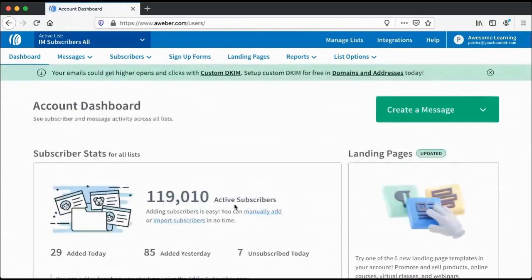Like this is 119,000 active email subscribers. So they are all receiving emails every day. Some of them are in different lists. Some receive emails today, some receive emails tomorrow, and so on. Again, just for the sake of fun, 119,000 active subscribers. I'm not trying to be greedy, I'm just being very conservative that I can only monetize $1 from a subscriber a month, right? That's 119,000 US dollars. And if you happen to live in Malaysia, you times 4, well, you work on the numbers, right? It's a very comfortable income in that sense.